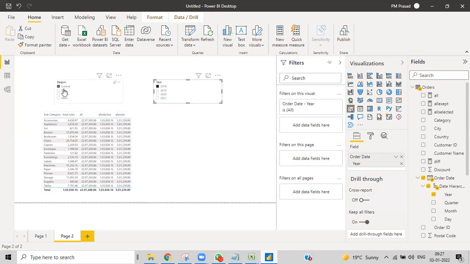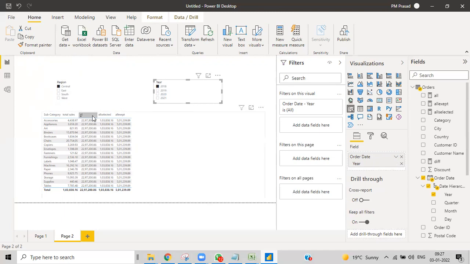It will only take this filter and ignore all the other filters. Whenever we give something, it will take that filter, but all the others except this one, it will ignore. All except this region, it will ignore all other filters.